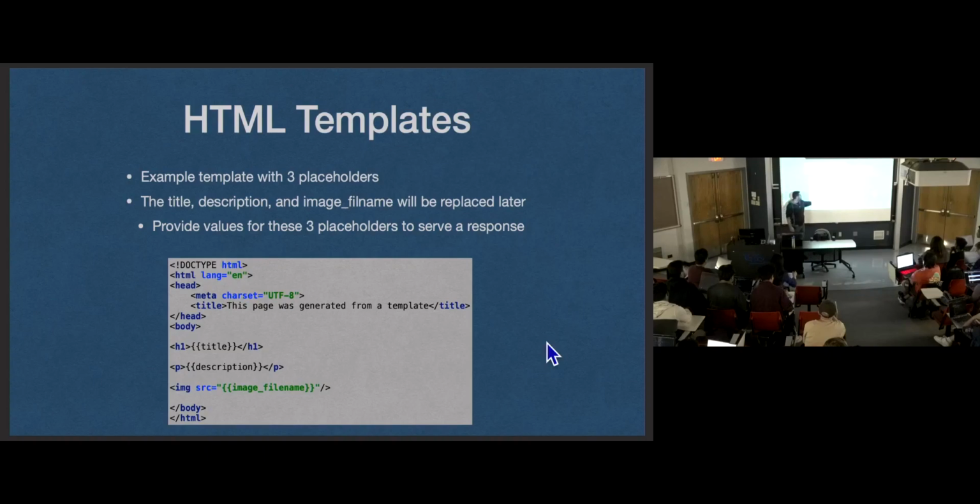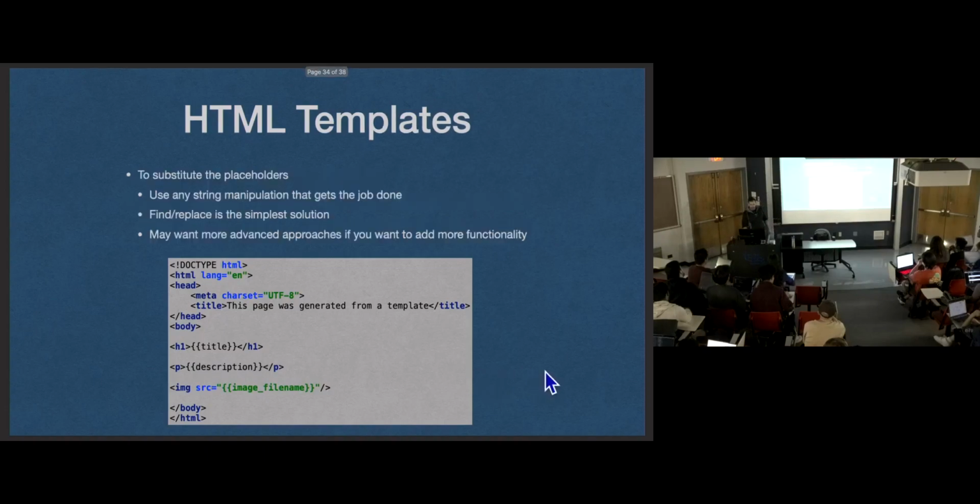But I'm using placeholders here to say there's information that should go here. And then when I have a request for this content, I can fill in whatever information I want in these placeholders to be able to use the same HTML template to render different pages with different content. So I get a request, I read the HTML file, I read it as a string or convert it to a string, and then I do find and replace with each of the values that I want to replace, and get the content that I want in there.